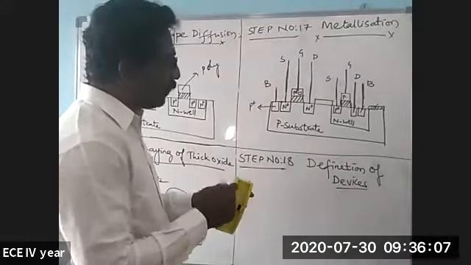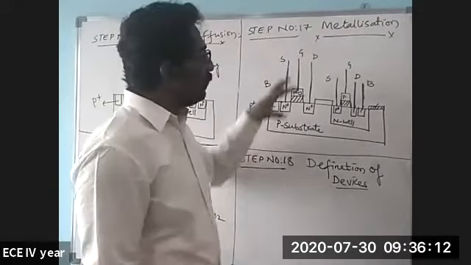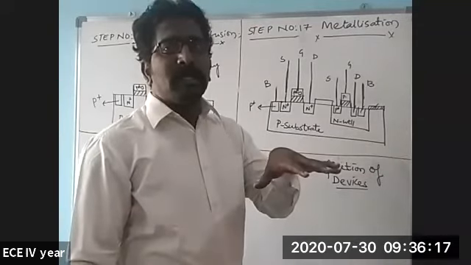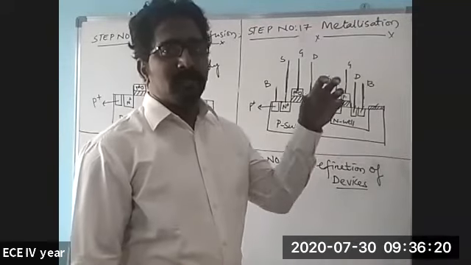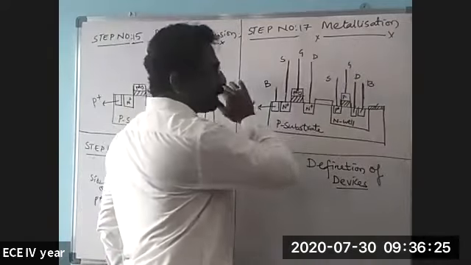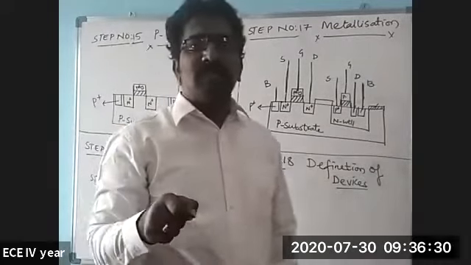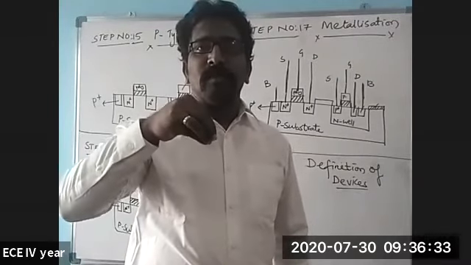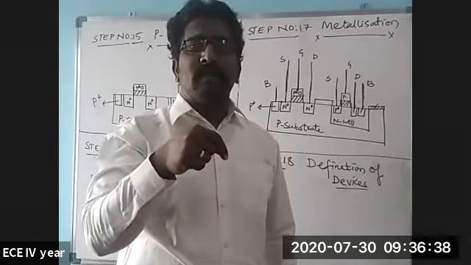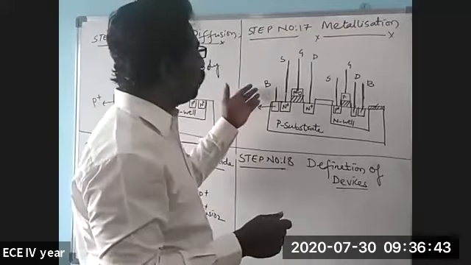In this, actually, I have shortened the process: two steps have been removed from this one entire process. 20 steps have been there. But in this metallization, the contact cuts step has been removed, and also the laying of the entire metal layer and the etching of the metal have been combined. So now in the metallization process, on the complete wafer, aluminum metal will be laid, and then we will be removing the metal layer wherever we don't want that metal, and the metal layer will be kept only in the places where the four terminals are to be defined. So that's how the definition of four terminals will be done here.